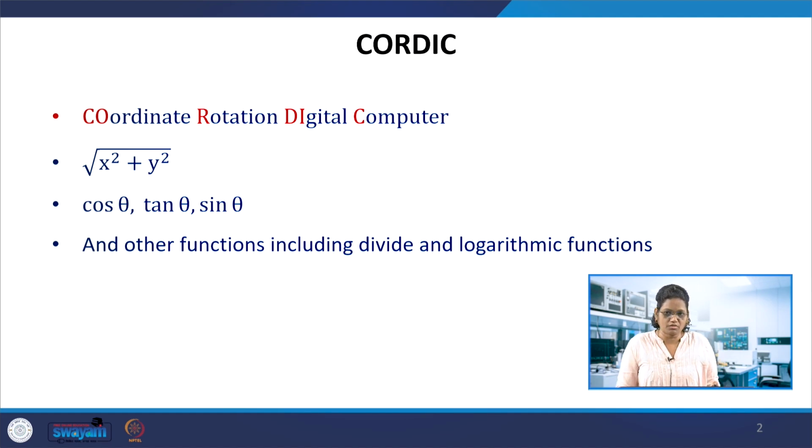So how does this algorithm work, and how can we develop the Verilog code for it? This is going to be an iterative algorithm, so we need to make a Verilog module for the iterative algorithm. Especially, it involves 3 equations, and it depends on the coordinate system. The equations and the parameters would vary, so that can be modeled in the Verilog. Once we have this module, we will be able to test it in the FPGA for computing cos theta, sin theta and tan theta, as well as some of the other functions.